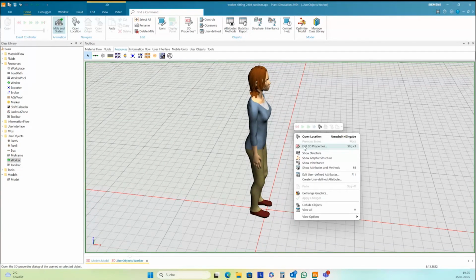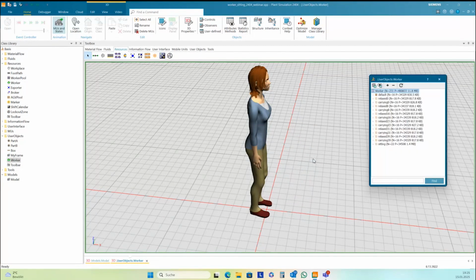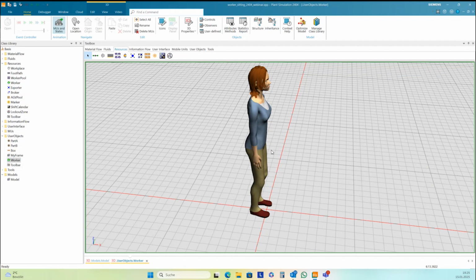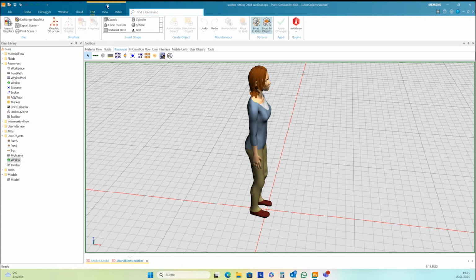It's here in the graphic structure: default and sitting. And if you need to complete this graphic with all the graphics inside and all the positions and view animations, then you can export them here. There is export scene, and there are three different kinds of exports here.